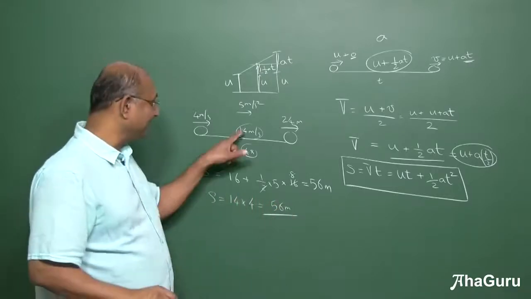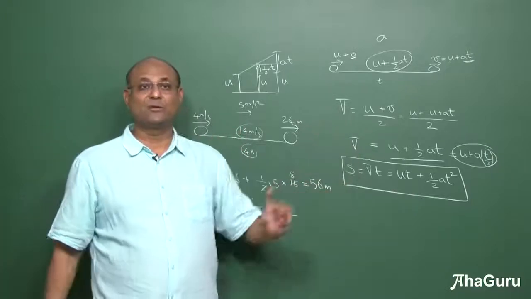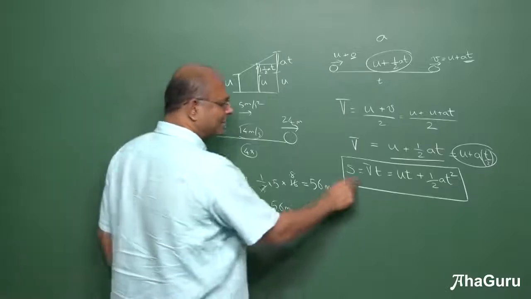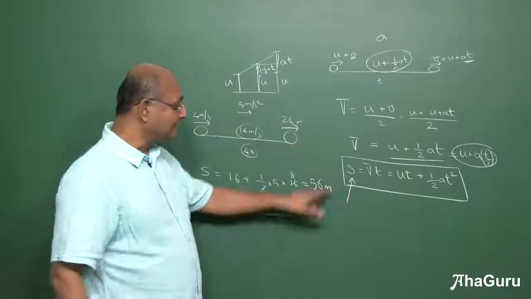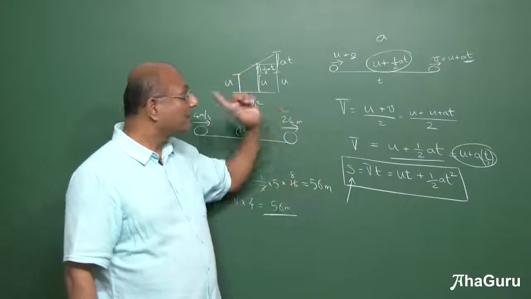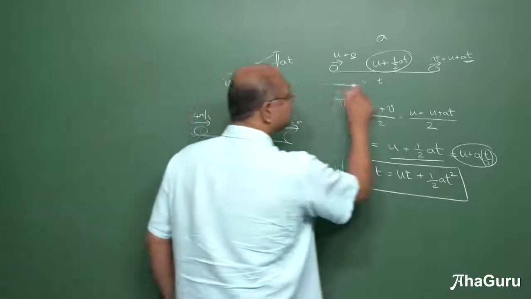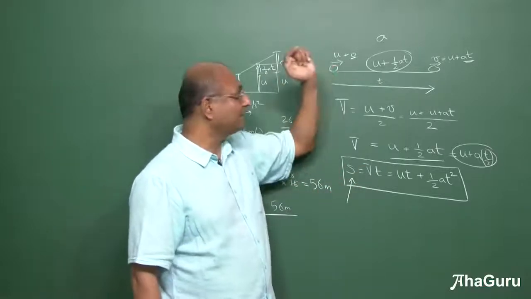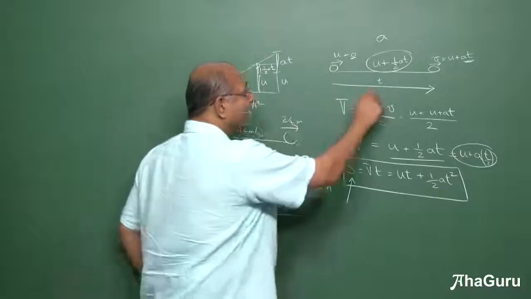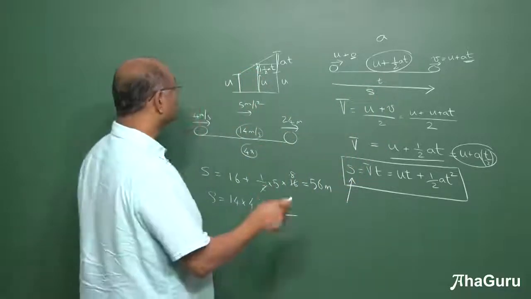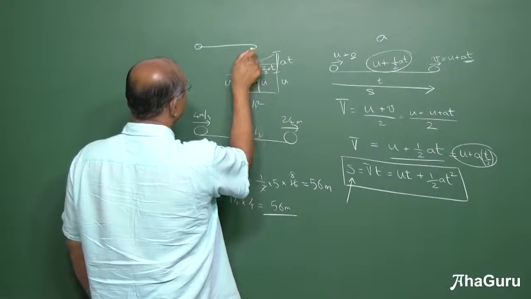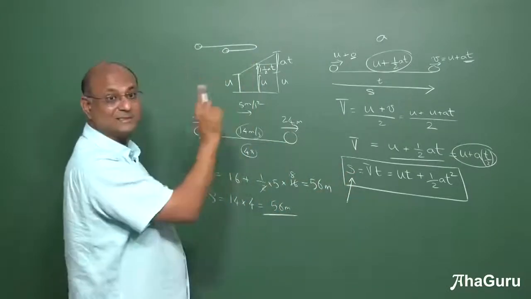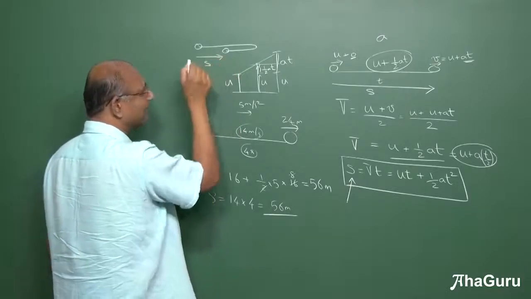Which do you think is easier? I think this is easier. But should you know this? Yes, you should definitely know this. Now I have a few points, like we did with acceleration. Did I call this distance or did I call this displacement? Displacement. Why am I calling it displacement? Because it is displacement. It is this arrow. It comes with direction. Remember, u has direction, v has direction, a has direction, s has direction. So if the object goes like that and comes back here, this calculation will not give you this distance. No, it will give you this displacement.